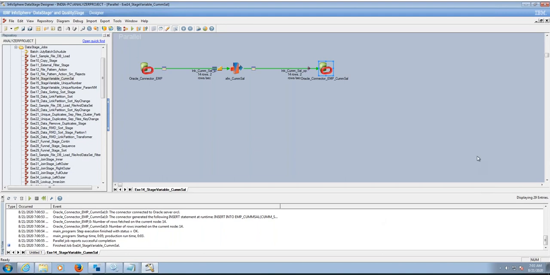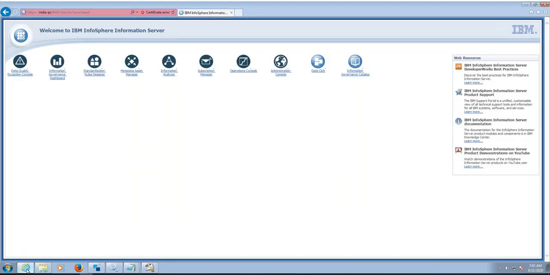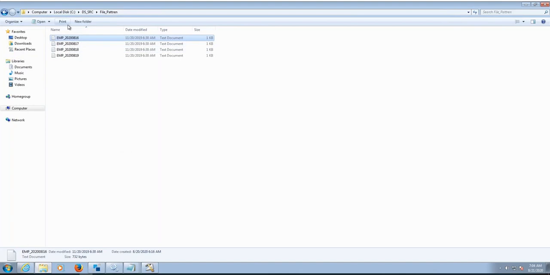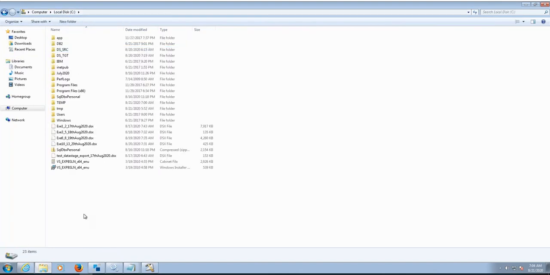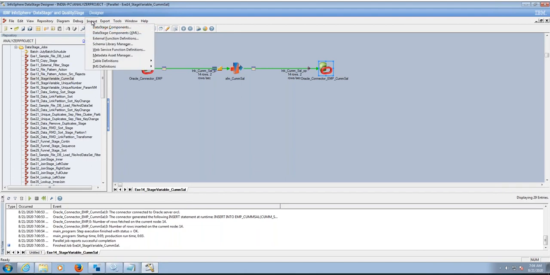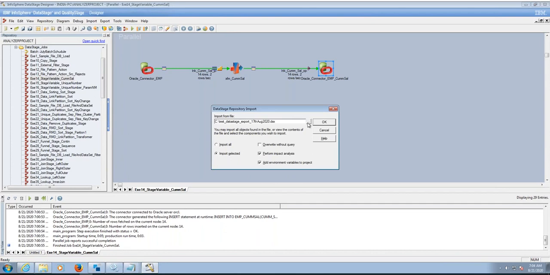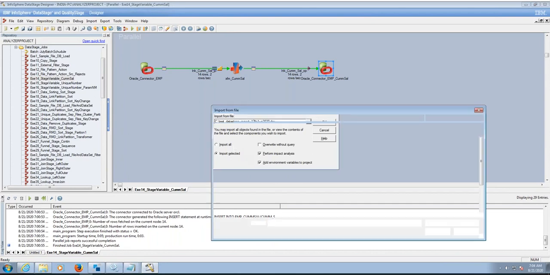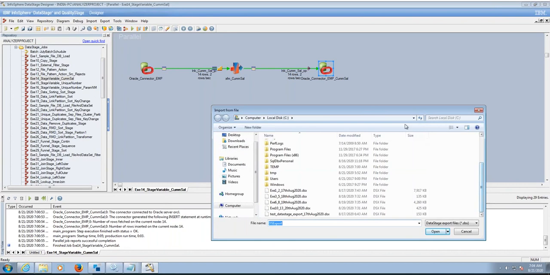Okay. So see, we have internet access in the VM also, so you can access Gmail. Yesterday I uploaded it to the Google Drive. So download the file from Google Drive and place it in the C drive. You can create a DSX folder or any folder and place it here in the C drive. Then go to DataStage, click on the import option, click on DataStage components and give the location, select all, click on OK.